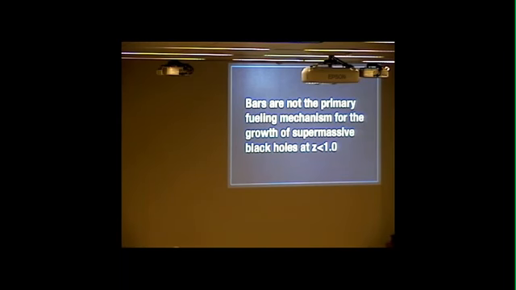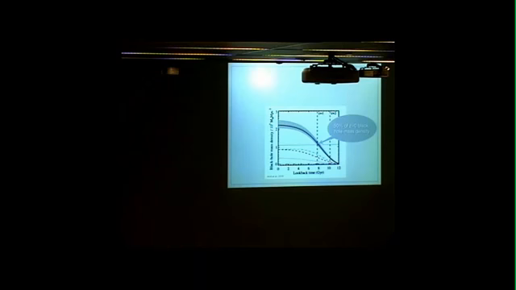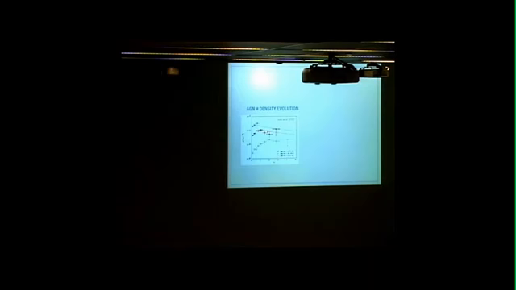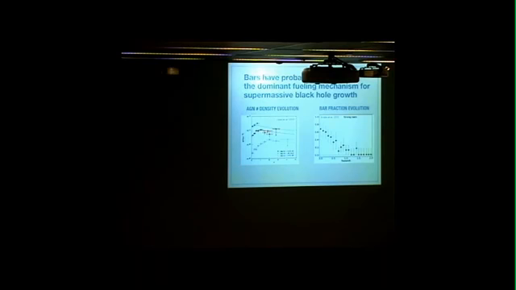And this epoch corresponds to a time in which 50% of the local black hole mass density has been built. Here's a plot from Aird et al. 2010, and it shows the black hole mass density versus look-back time. At z of 1, which is shown here, 50% of the local black hole mass density has been built, meaning that bars are not responsible for the buildup of at least half of the local black hole mass density. And finally, because the AGN number density peaks at z greater than 1, and because the bar fraction plunges at z greater than 1, it's likely that bars have probably never been the dominant fueling mechanism for the growth of